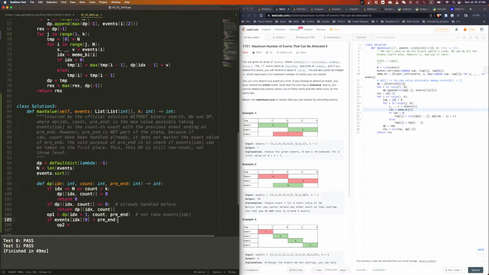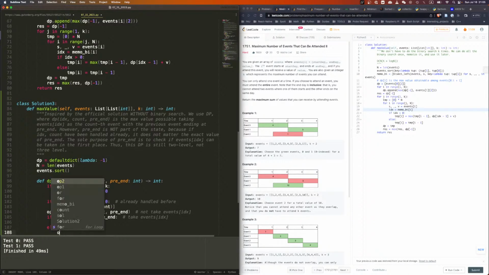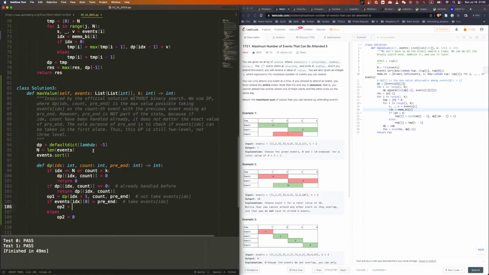Then we can take the event. Take events index. Else option 2 shall equal to 0 because we cannot take it. So once that happens,